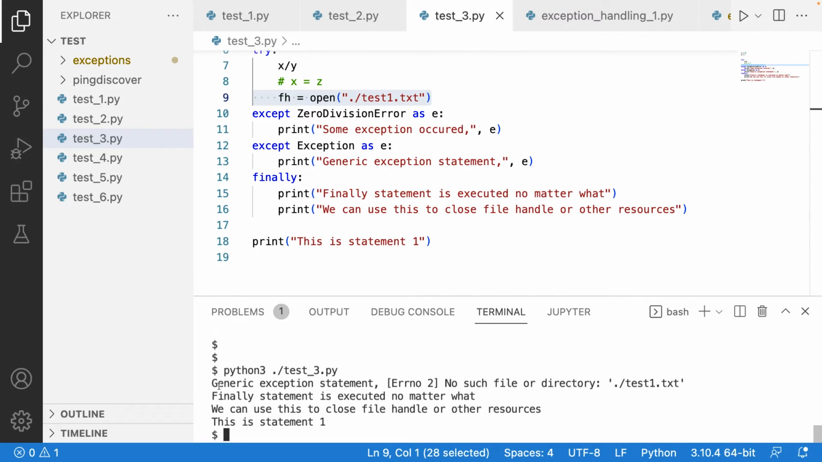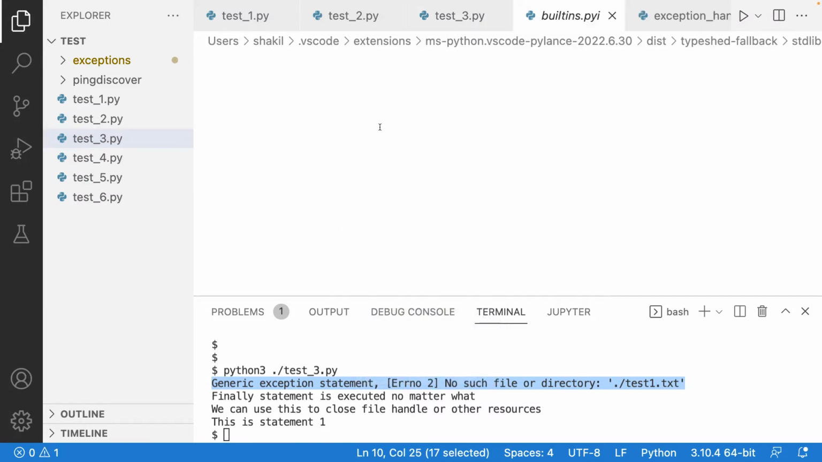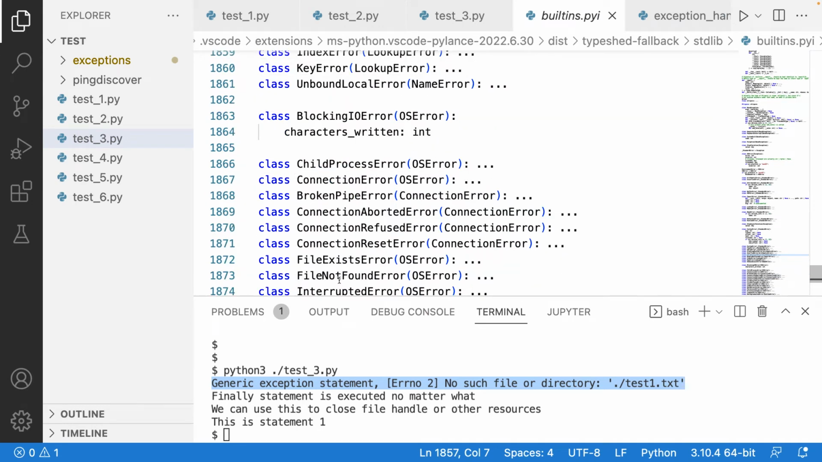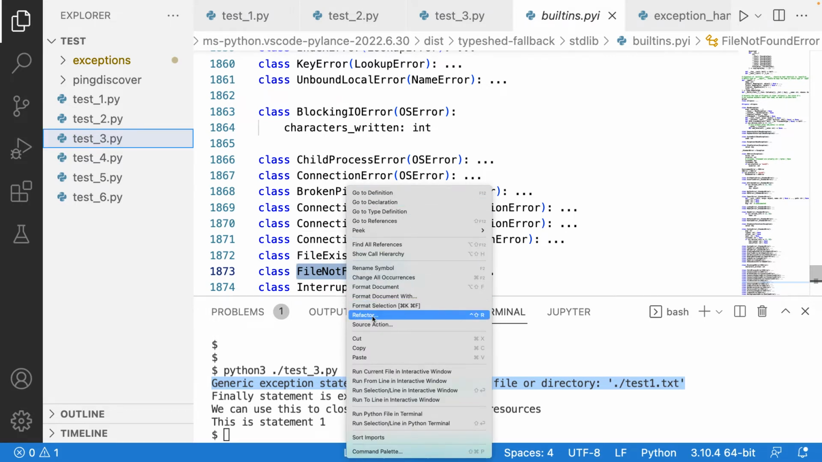So it says generic exception statement, no such file or directory. So there was an exception because of line number 9, and the exception was not caught here because it's not a division by 0 error. So it was caught in this. Now if we handle these exceptions more precisely, like zero division error, similar to that there is a file not found error. So if we go here somewhere, we can see in the definition file not found error. So we can use this exception. So let's copy that